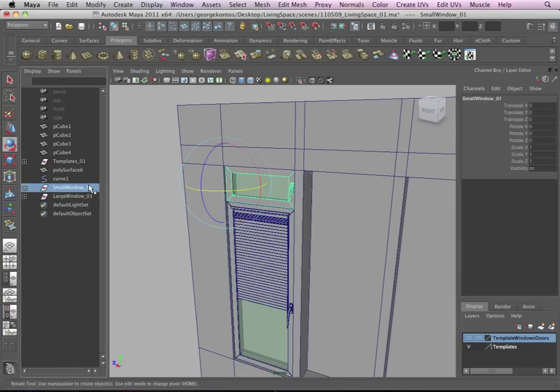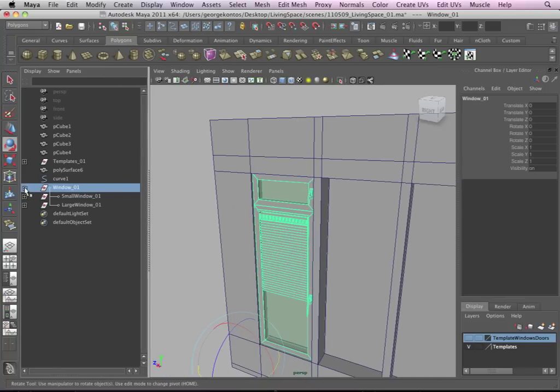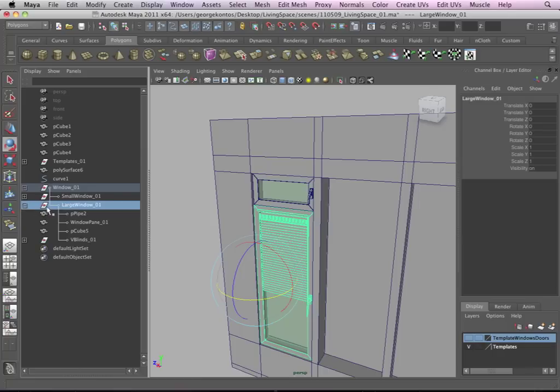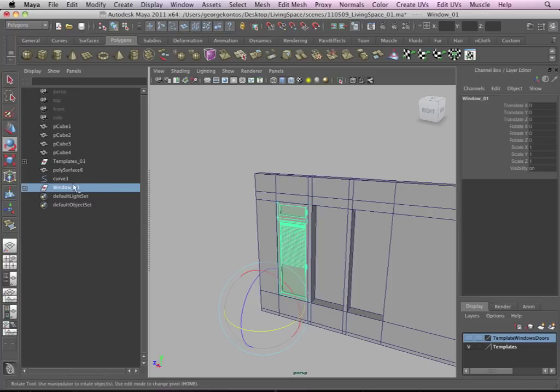Now I want to make another group that is the small window and the large window. So I'm going to select the small window, the large window, Command G. This is the whole window, window 01. So this group contains the small window 01 and the large window 01. The large window contains its components and the Venetian blinds. This is the hierarchy that I need. And now this large window